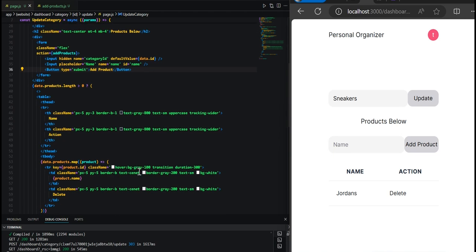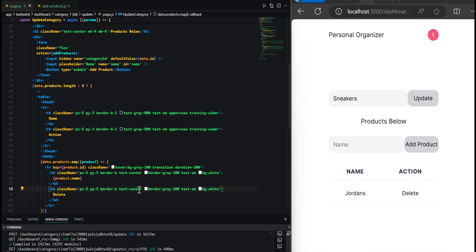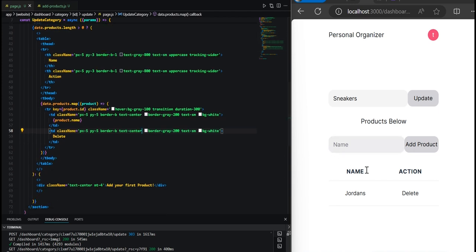That is absolutely perfect. And I can see now that I misspelled center, which is why it's not centered. C-E-N-T-E-R, hit save. Perfect. So the last thing we'll need to do to complete out the functionality of this website is, well, first